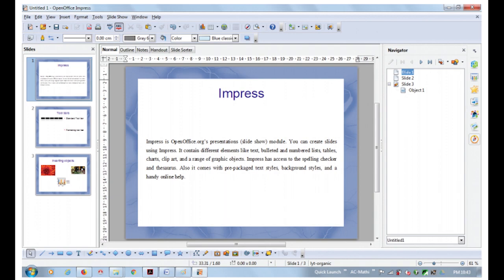Okay, so in this way you can do this presentation, and this is the short explanation about creating a video using this OpenOffice Impress. Okay, so today I hope this class would have been an interesting and useful one